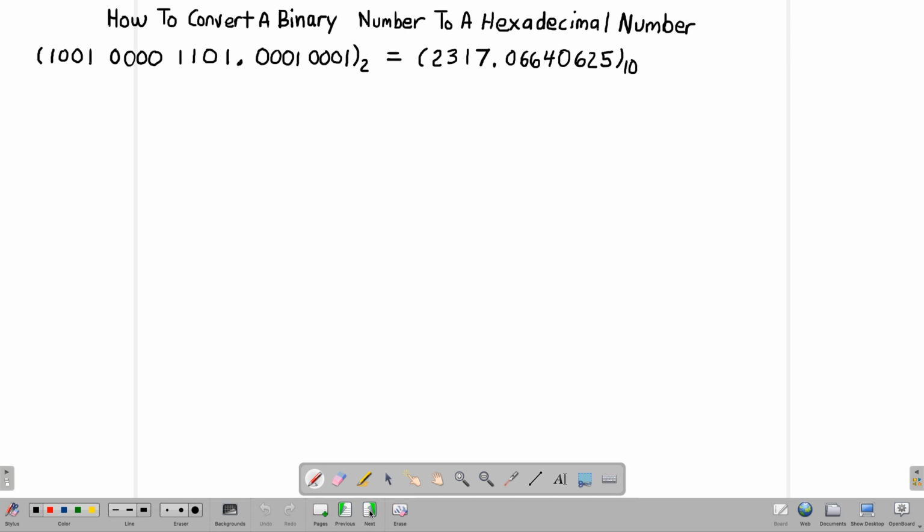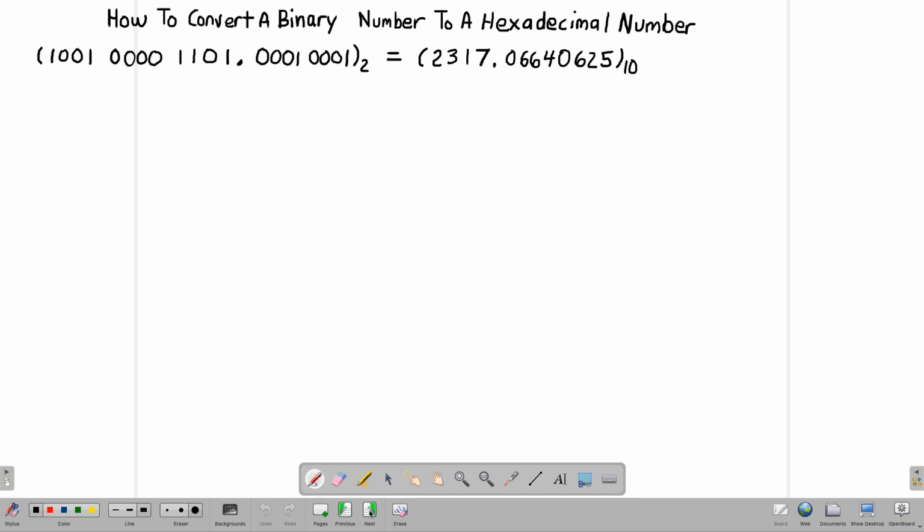So we're going to convert 1001, 0000, 1101, 0.0001, 0001. We're expecting to convert this to hexadecimal, and then we're going to test it and convert that to decimal, and it should equate to 2317.066400625. So let's compute. Same as before, when converting from binary to hexadecimal,